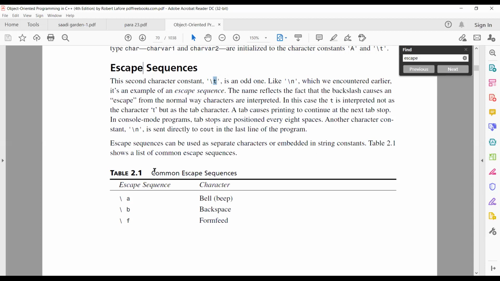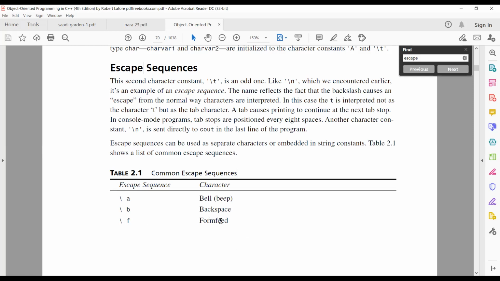We have a table of common escape sequences here, table 2.1 in the Robert Lafore book. Backslash a will ring a bell; you will hear a beep. Backslash b is backspace, a character that moves us left, so it is a deletion character.